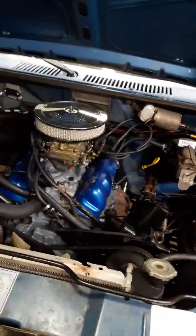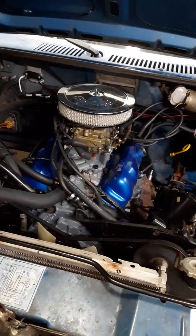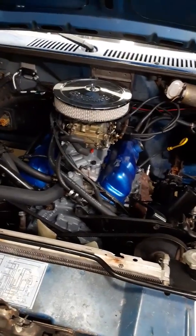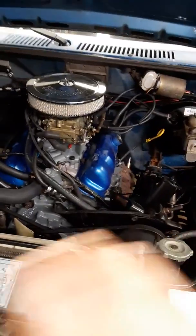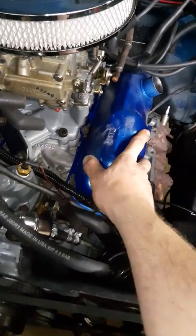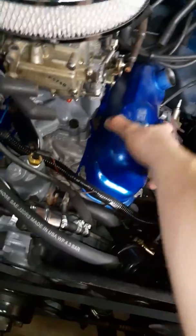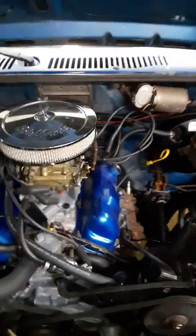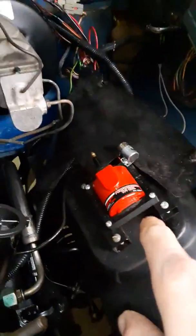if anybody's planning on doing one of these motors, the 2.8 Ford motor, which is giving me some problems now, that's why it's not up and running. I don't have any videos of it coming down the road. I'm not getting any oil to the driver's side of the motor, which would be the left side of the motor, to anybody out there that knows motors. It's dirty. But anyways, I went from DuraSpark, and I thought that I could get a